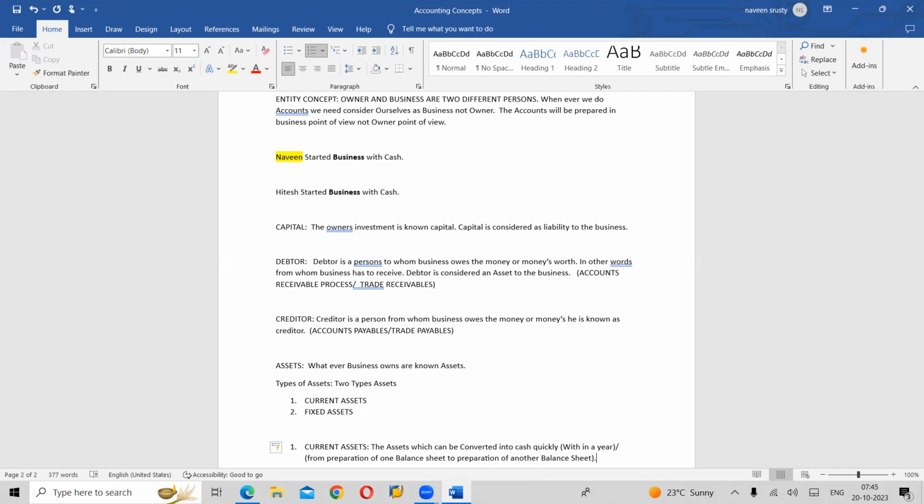For example, somebody asks you, does a building come under a current asset or a fixed asset? Fixed asset. Why? Can't we sell the building? Can't we convert it into cash from preparation of one balance sheet to another balance sheet? That is nothing but within a year. Can't we convert? I was having the same question there. That's what I'll answer. I'll address it. See, actually,